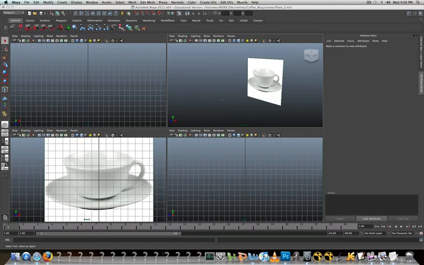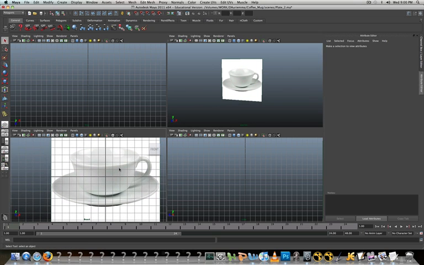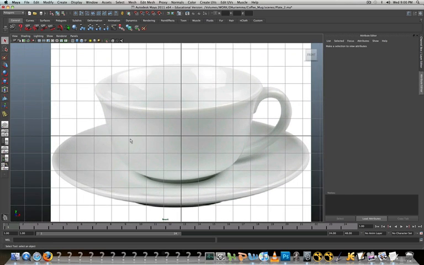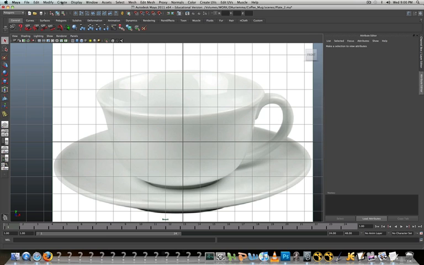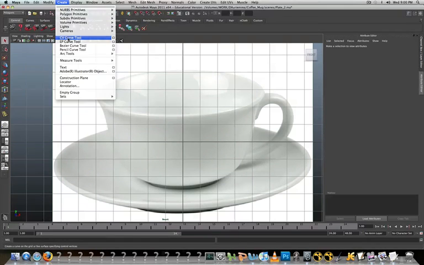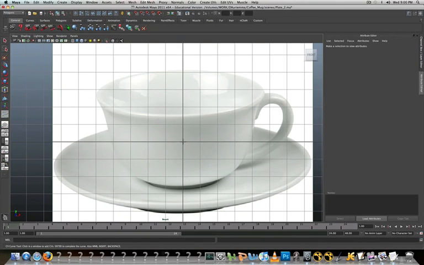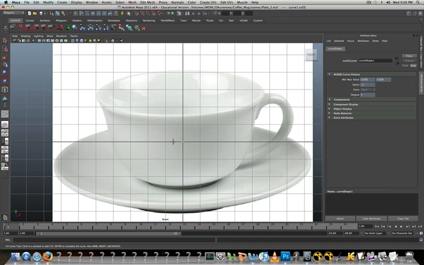Hello everyone, in this podcast I'm going to be doing the coffee dish for the outside cafe scene. I'm starting with one of the reference images that we have in the folder on the server. It's not straight on, but it's going to help me with a little bit of guidance as to the shape of the dish. I'm going to start with creating a CV curve and starting in the center of the grid, snapping it, moving along to try to get the shape the way the bottom moves into